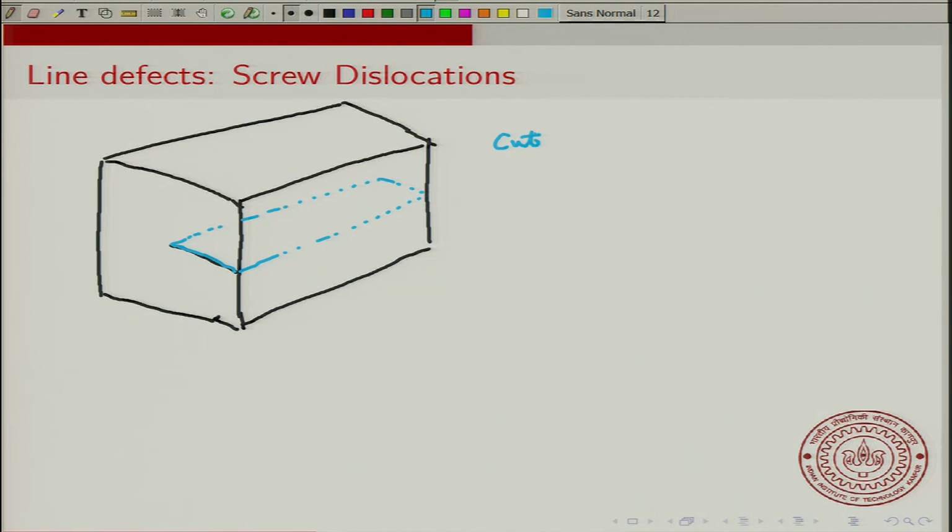Then what you do after that is you imagine taking this top half of the crystal. Let me just extend this, and you just displace it. You displace it in this direction. Let me use a different color. So that is displaced by one lattice unit. And now after you displace by one lattice unit, then